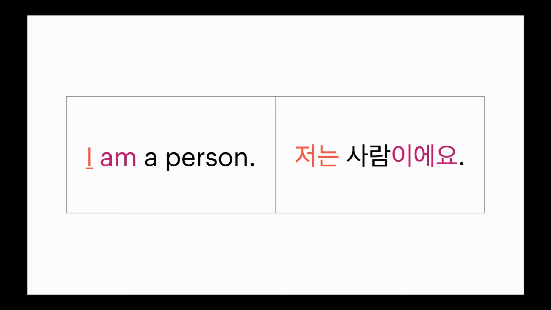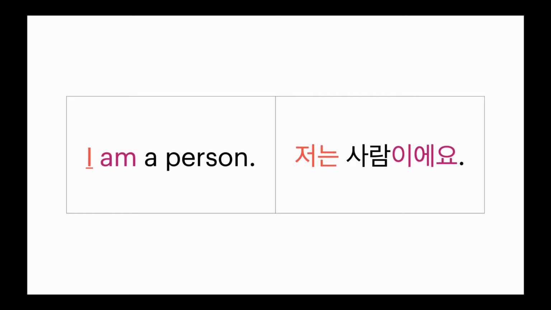So let's get back to the sentence we were just doing. I am a person. Now you could easily argue that this sentence is not a very useful sentence, because if you have to explain to someone that you are a person, then you might be talking to an idiot. Or you also might be talking to an elementary student, because I say this sentence pretty often at my school with my elementary students. But other than that, this is not a very useful sentence for you. So let's try to make this a little bit more useful.